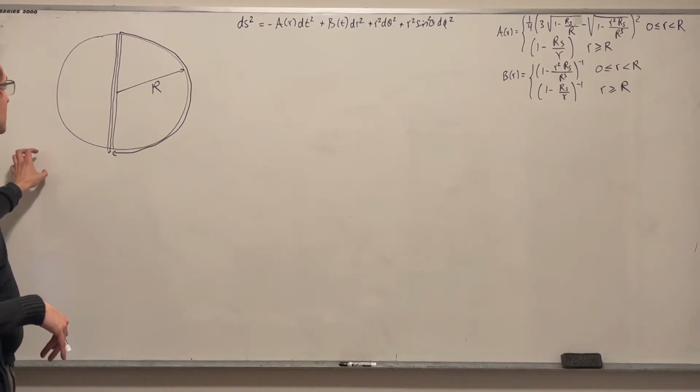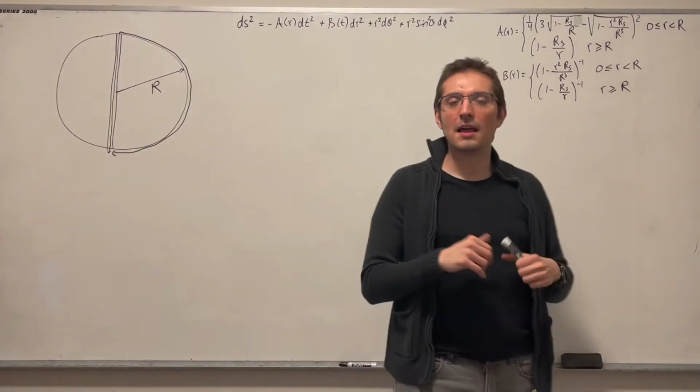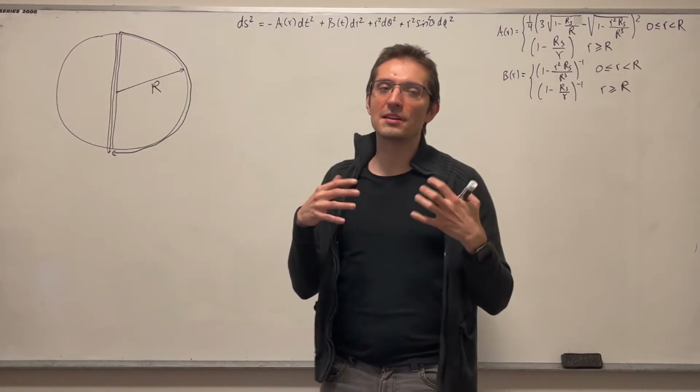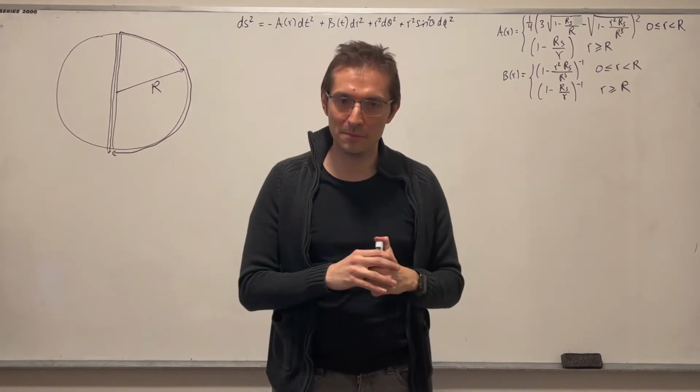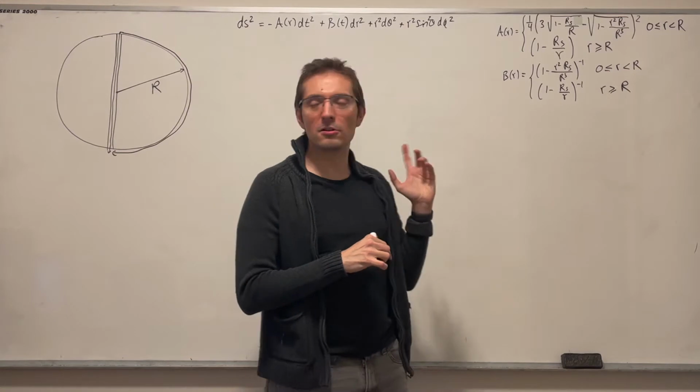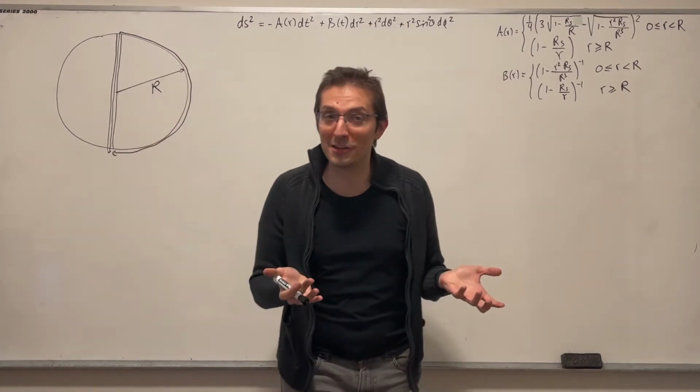It's a vacuum solution. But what happens inside? Well, what happens inside is that we're going to have solutions that are given by what is called Tolman-Oppenheimer-Volkov equilibrium. Now, Tolman-Oppenheimer-Volkov equilibrium is assuming that the planet is made out of a perfect fluid, because it's easy